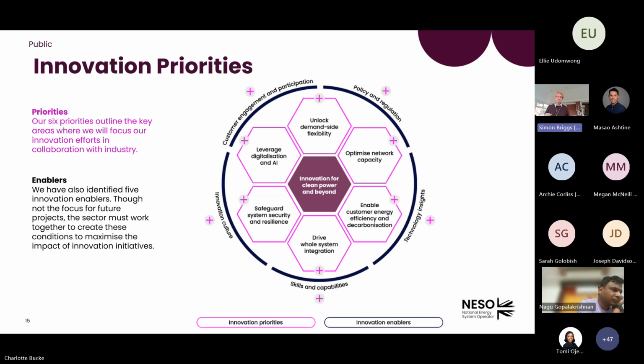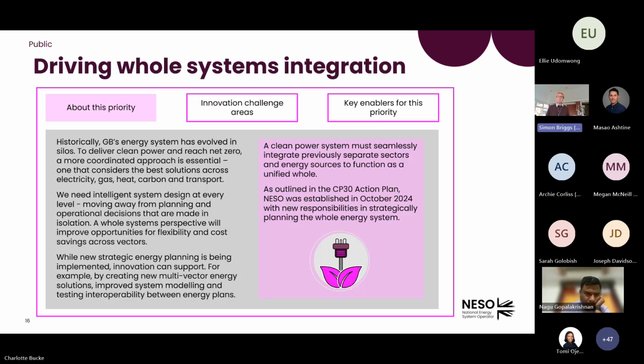So next slide. So whole systems integration. I say we've already had an intro to that in terms of what the SIF challenge is. What we ultimately want to do is give a picture of what NESO's view of that is and where our interests lie. So within the innovation strategy itself, there are really two key areas that we've identified as of most interest. And I think whole systems is about two things.